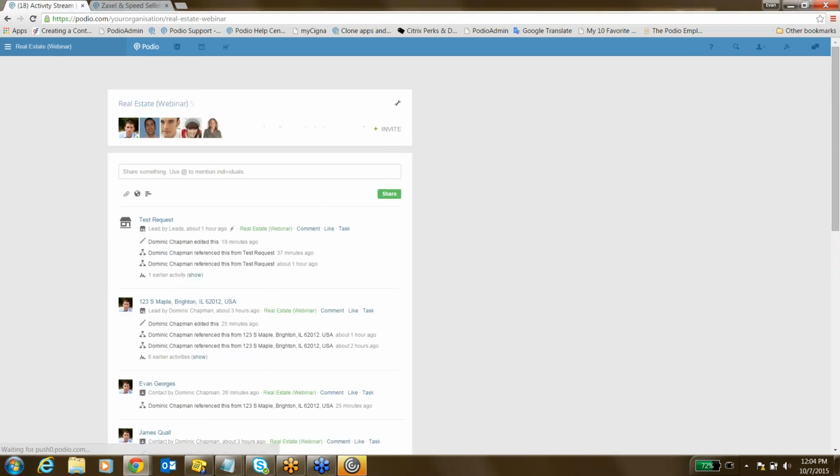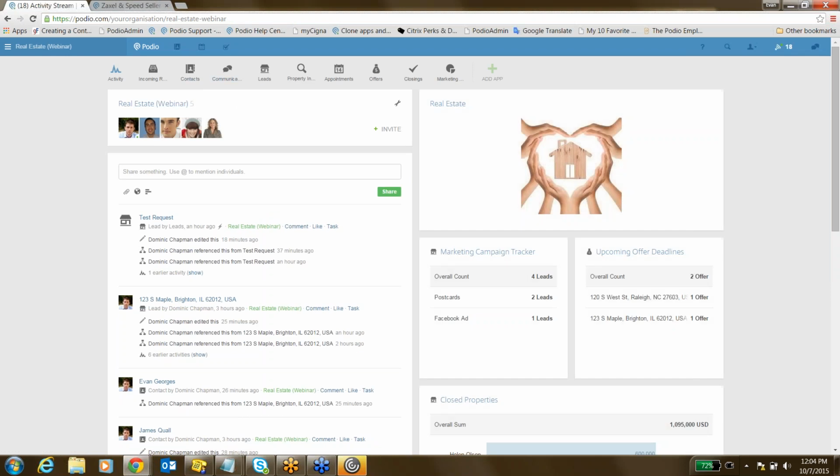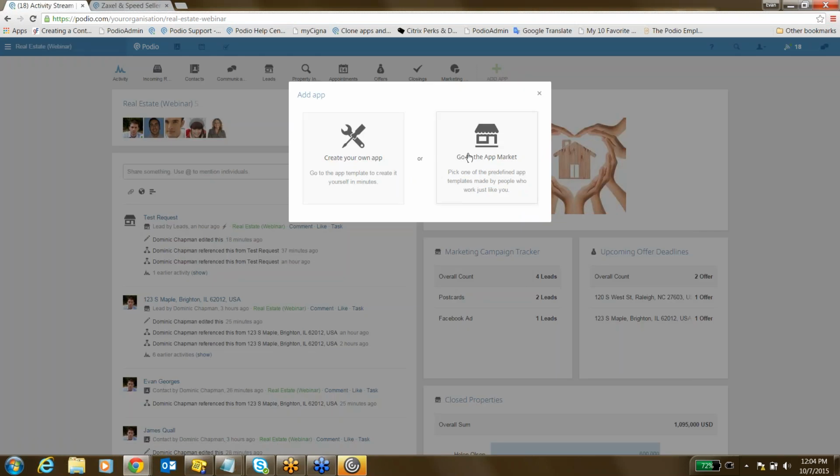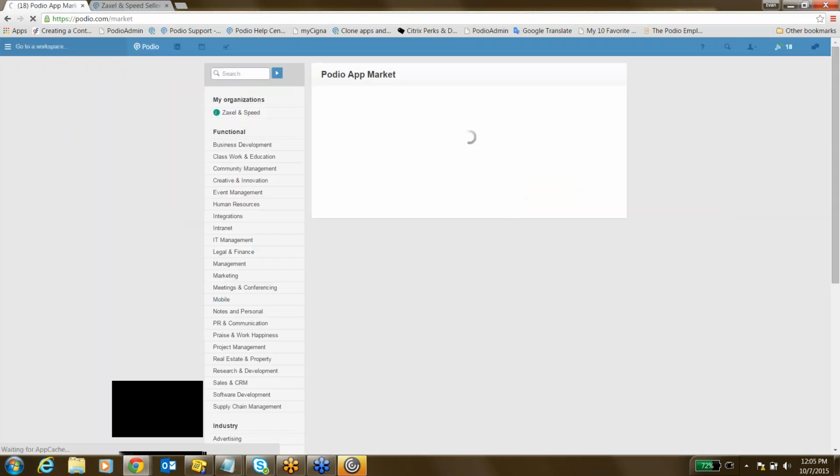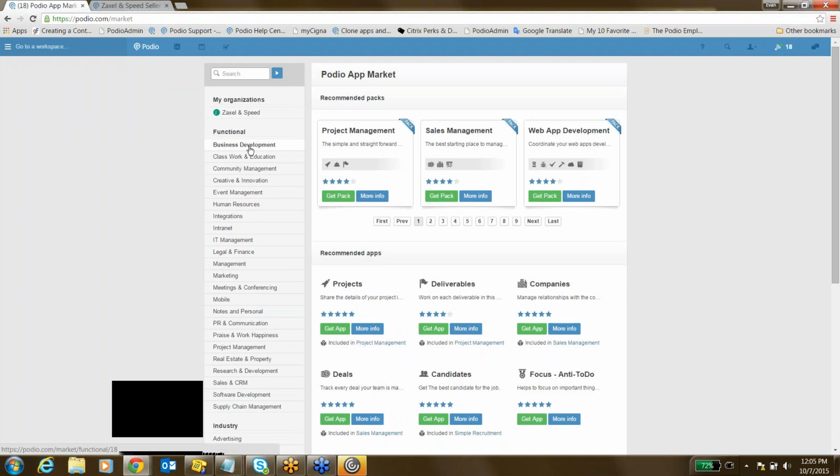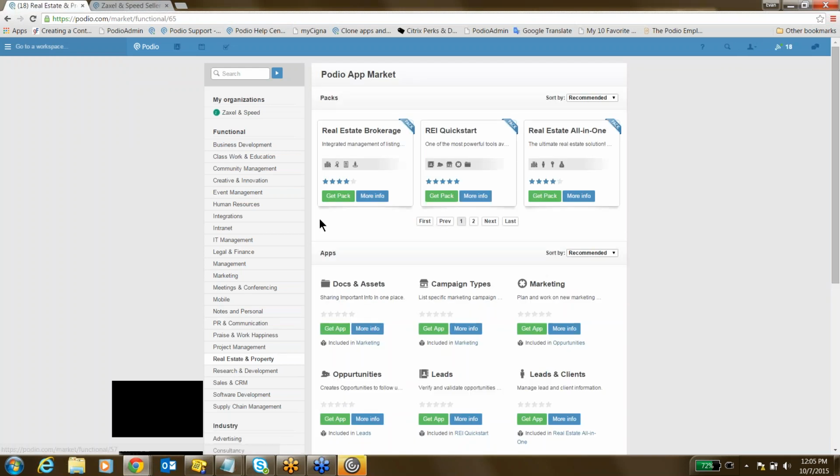We're thinking about publishing this pack of apps that I have generated. You can imagine when you create a workspace, you do have access to the app market, and we're hopefully going to have this input, perhaps even after this session, where we can publish it to the app market under Podio for real estate, where you would be able to go in and get that pack. Why don't I get your information though,